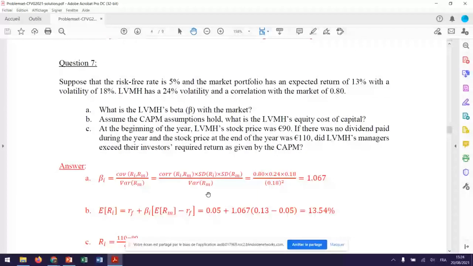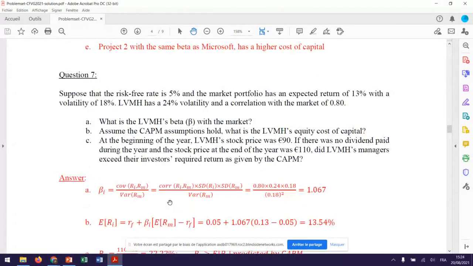Assume CAPM holds. What is the LVMH equity cost of capital? What is the required rate of return to investors who are going to hold the LVMH stock? You can take the CAPM model: 5% plus 1.067 multiplied by 13% minus 5%, which gives you 13.54%. This should be the required rate of return